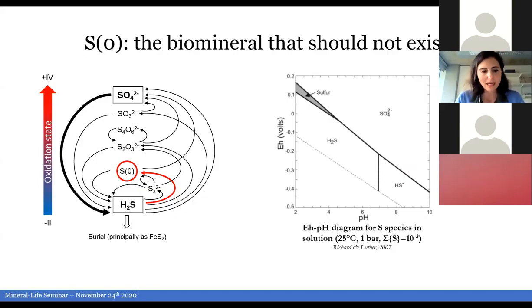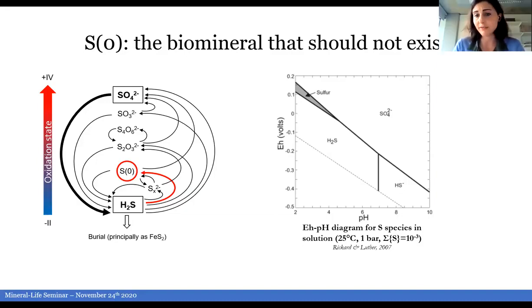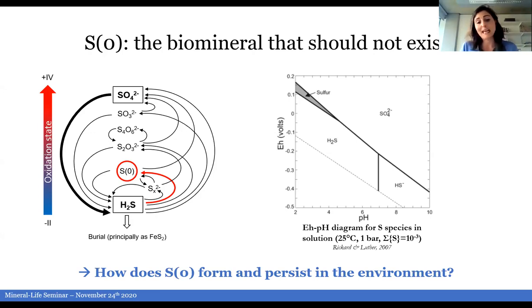And I like to describe elemental sulfur as the biomineral that should not exist. And this is for thermodynamical reasons. So here you see an Eh-pH diagram, so redox potential versus pH for sulfur species under the condition of the surface of the Earth, so 25 degrees C and 1 bar. And you can see that the thermodynamic stability field of elemental sulfur in gray is very small. It's a tiny triangle. And you may notice that if we look at circumneutral pHs, it shouldn't exist at all. However, I've shown you a lot of pictures of elemental sulfur actually abundant in circumneutral environments. So the question we'll be focusing on today really is, how can elemental sulfur form and persist in the